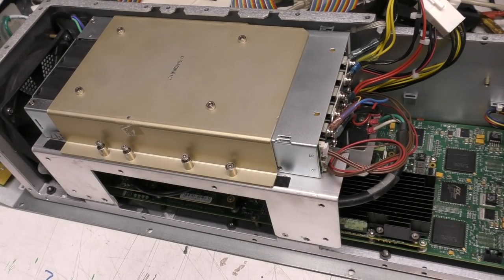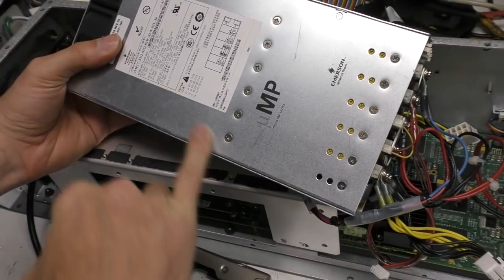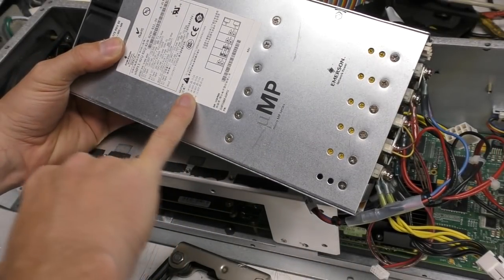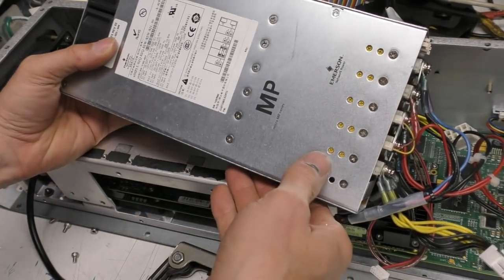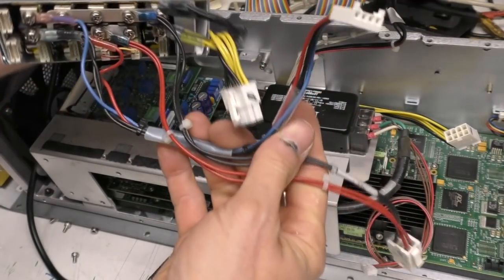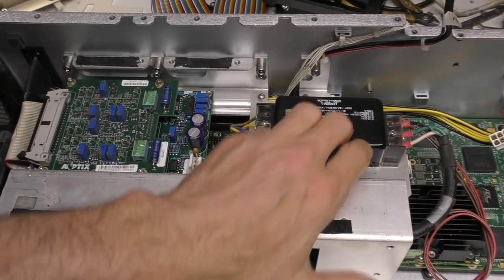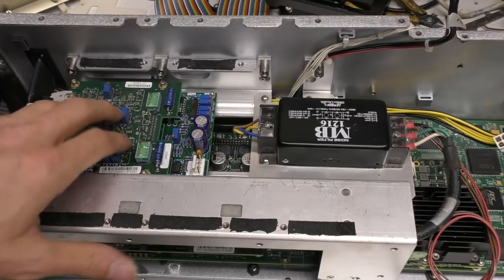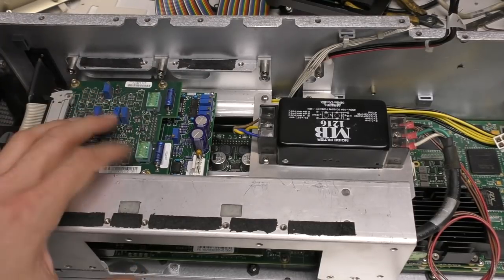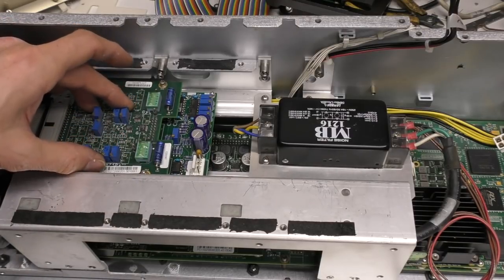and the bottom is probably fully custom. So it's a modular supply, 2 lots of 24 volts at 10 amps, 48 volts at 10 amps, and 12 volts at 10 amps. And these are various connectors to go to various different parts of the system. Here, great big mains input filter, and there's a board on the top here with lots of adjustments. I think this goes to the XY scanning mirror, so it's probably the scan driver board,